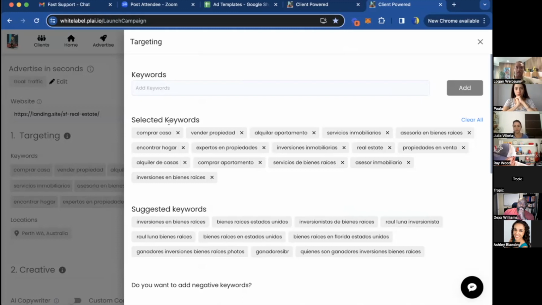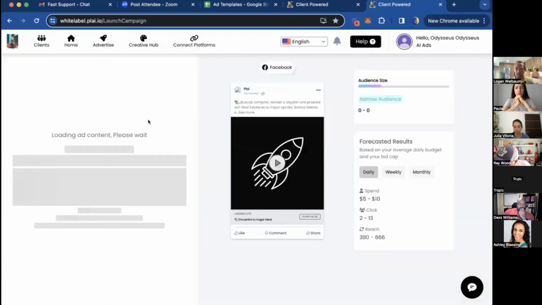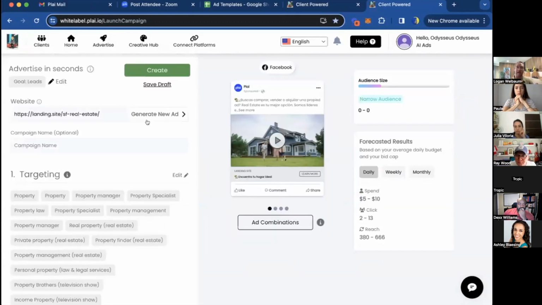So this is going to be a nice feature for you to have. We'll break it out, like this is a certain category of keywords that you want for one ad group, and we'll also recommend another category of keywords for another ad group. Same thing for Facebook. We'll break this out into different targeting options and different groups. So that's what we're working on, multi-ad sets and multi-ad groups right now.